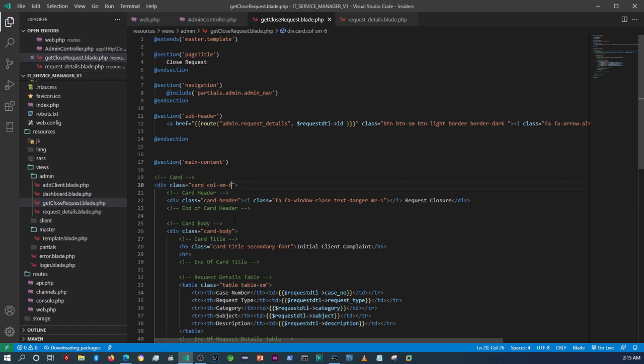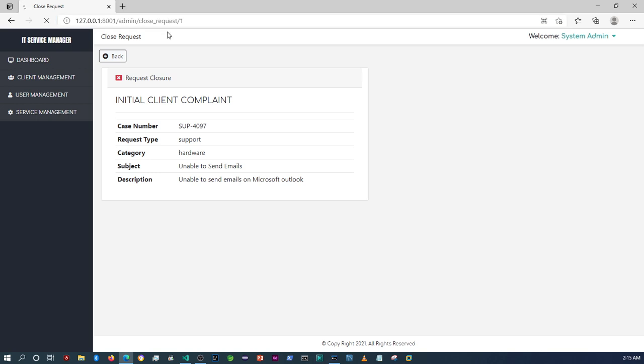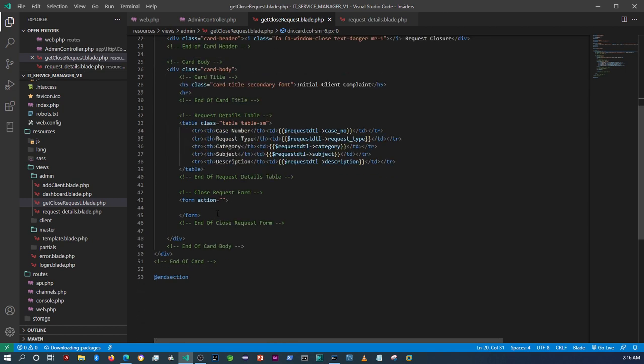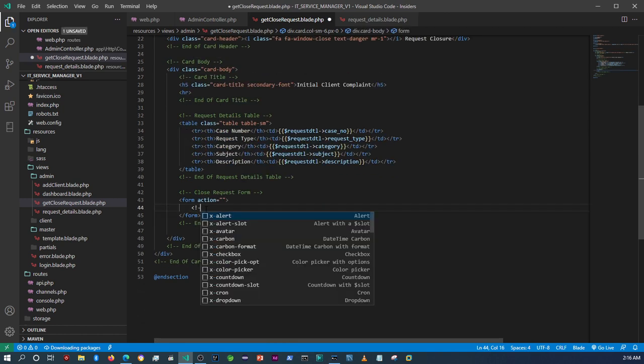Just gonna remove the padding on the card. Okay. All right, yeah, I think that should be fine. All right, so now we're gonna add the form right beneath where it shows the client, I mean the request description and so forth. So over here we're gonna need